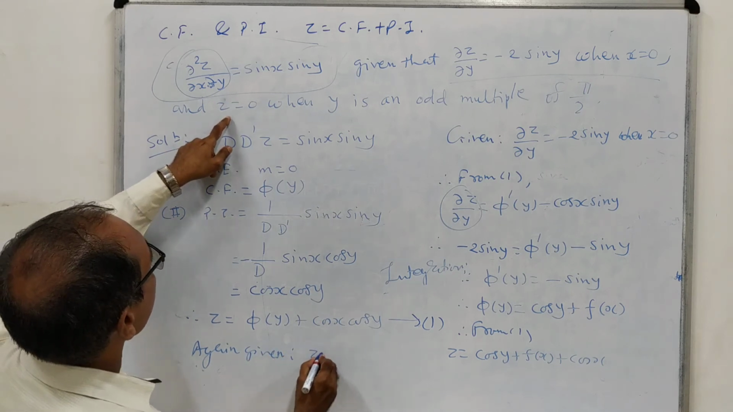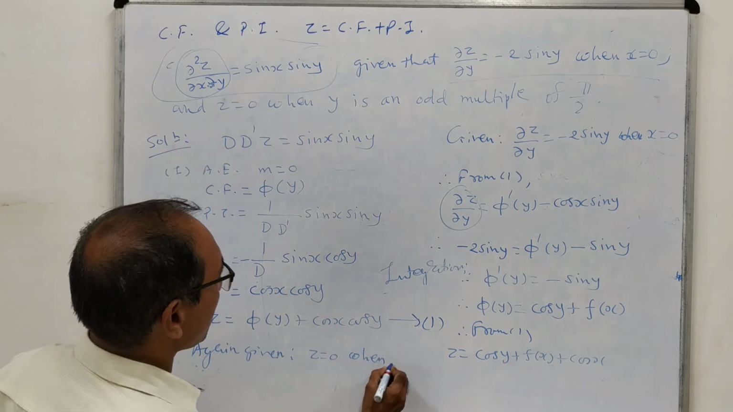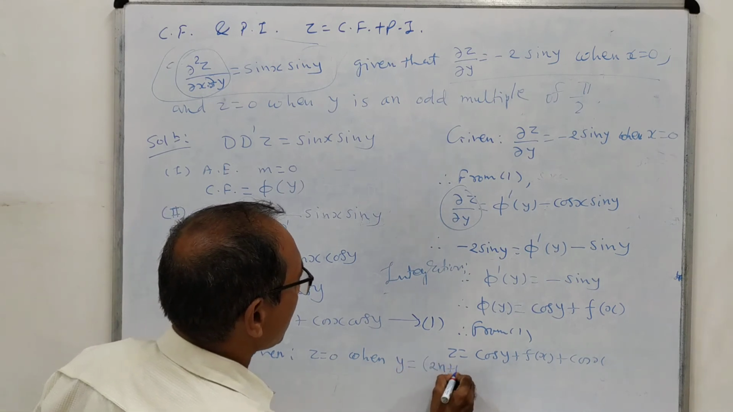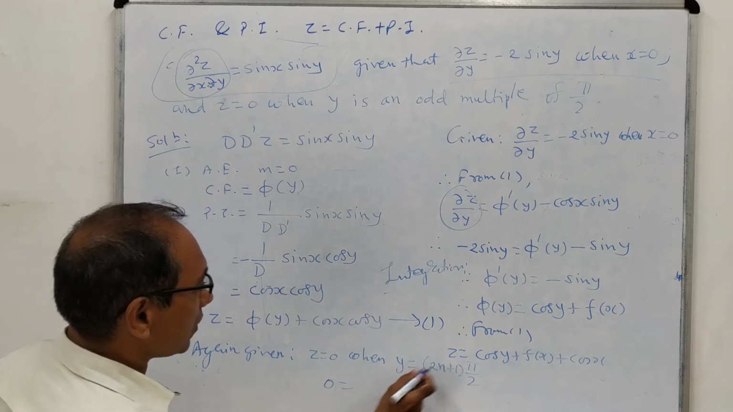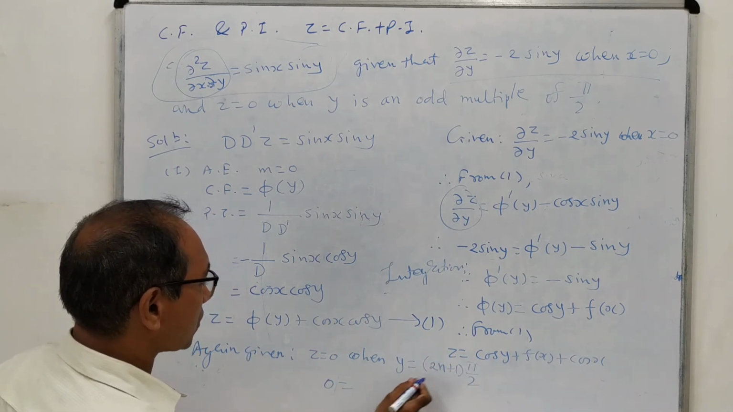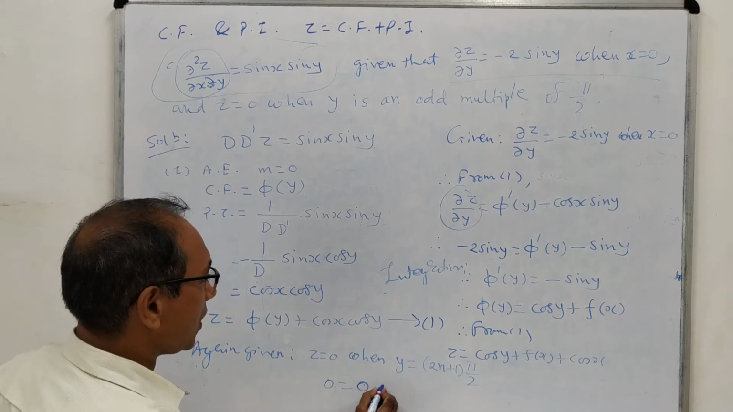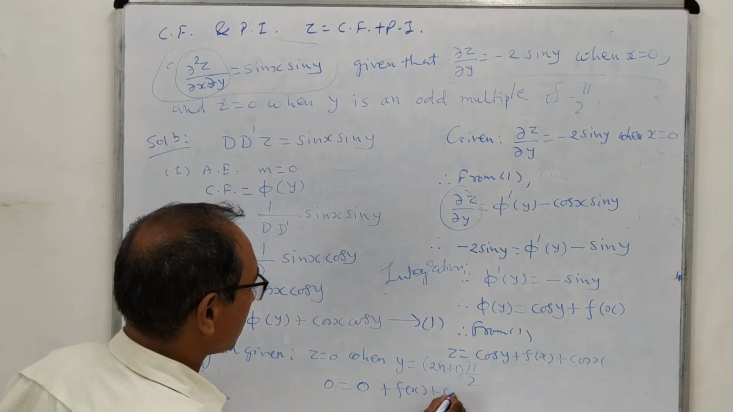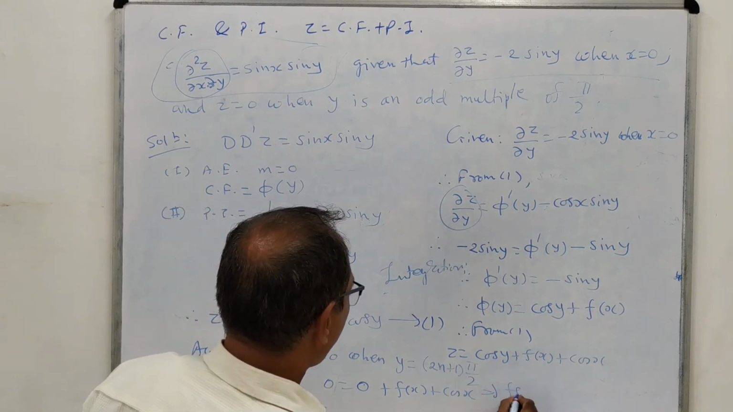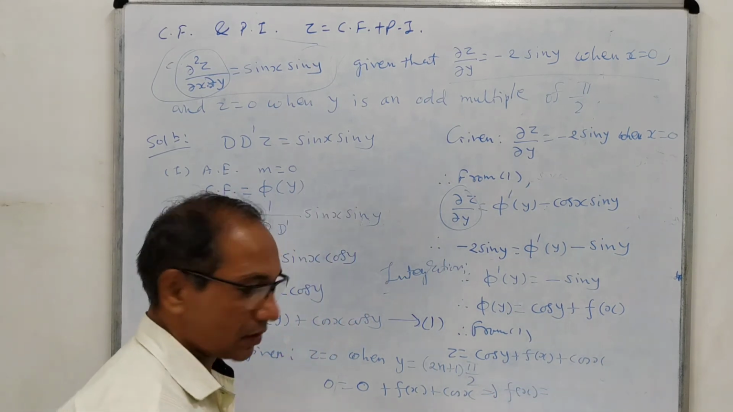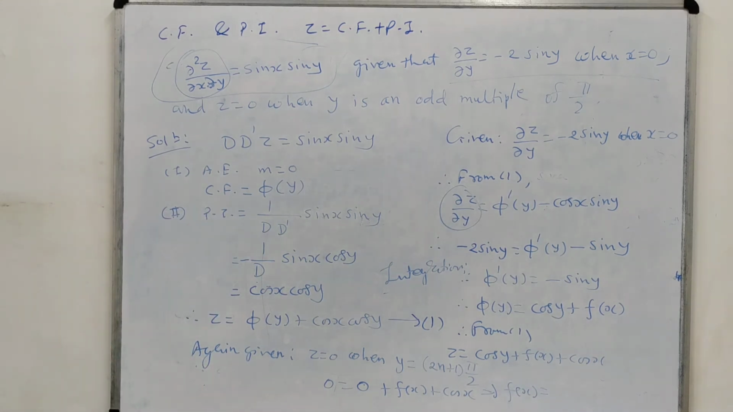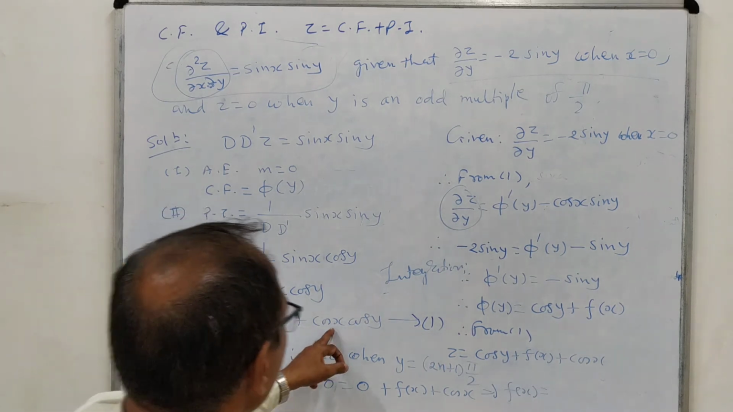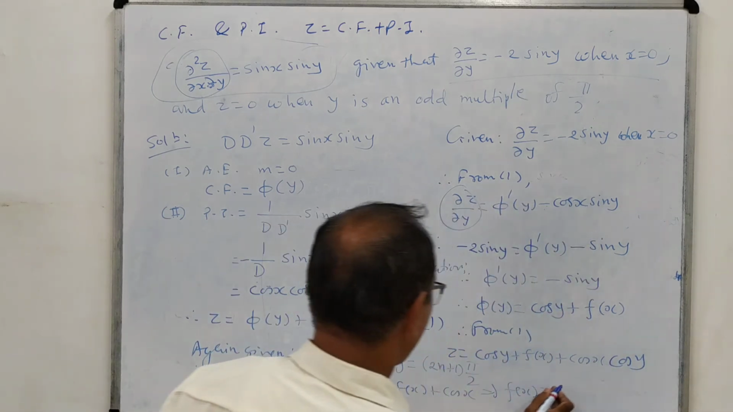Given that z equal to 0 when y is an odd multiple of pi by 2. That means it is (2n plus 1) pi by 2. Okay. So when we put here z equal to 0 in the final solution, y equal to cos (2n plus 1) pi by 2, but this is always 0, plus f of x plus cos x. So this implies that f of x equal to minus cos x, and you can put the values in this way. Here f of x plus cos x into cos y. Sorry, I had forgotten this. So cos y is again 0,